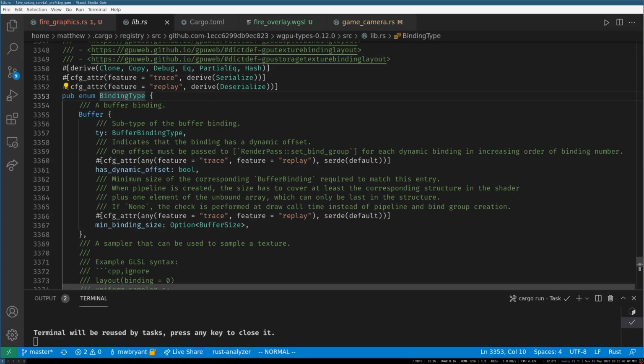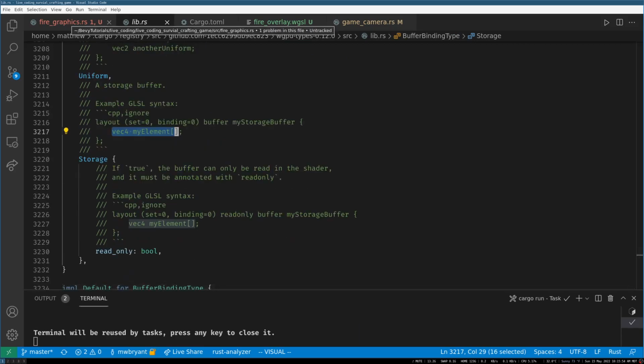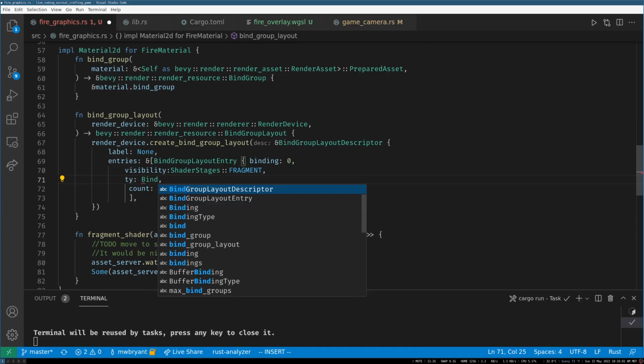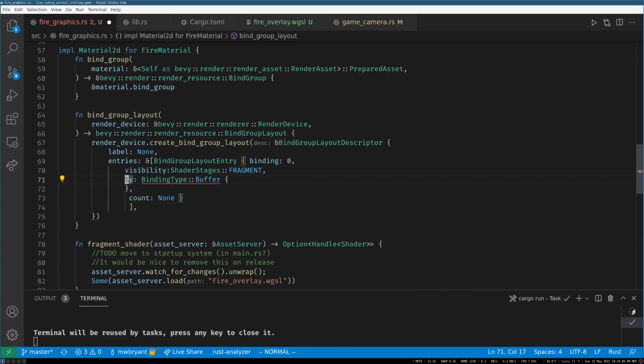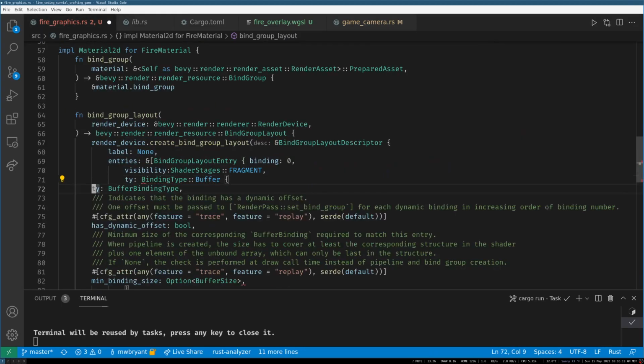And so we need a binding type, which for us will be a buffer. And we're going to do a storage, because we want to have an arbitrary number of whatchamacallits, of campfires. So we need binding type to be a buffer, and